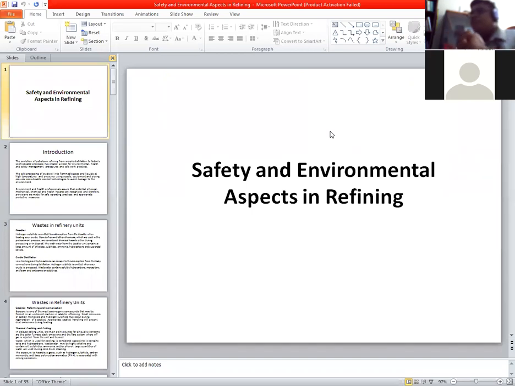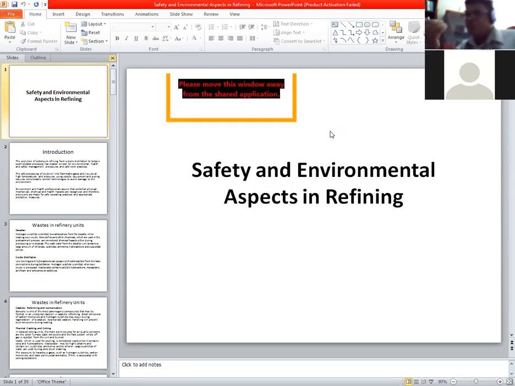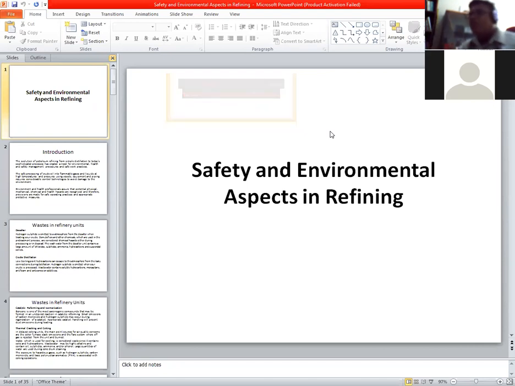From the tank itself, for example, some low boiling point hydrocarbon is also emitted to the environment. This is normal. Fugitive emission, what I want to explain to you, means that if there is any pressurized equipment or pressurized tank with some connections, if there is a poor connection, some gases will be leaked, and it is very common.